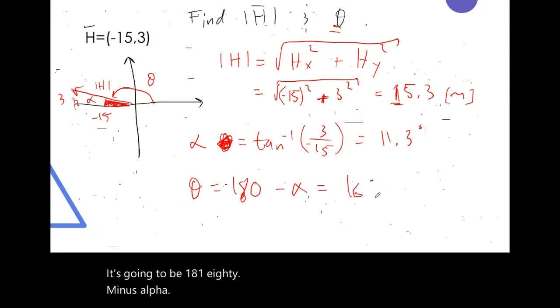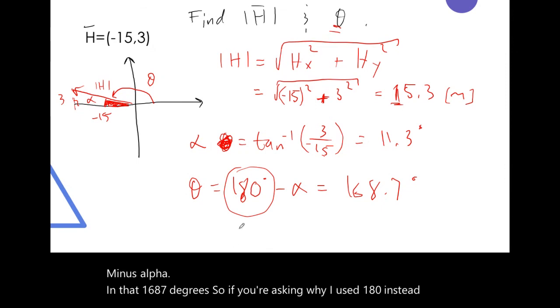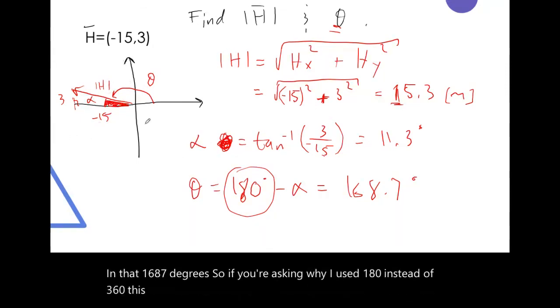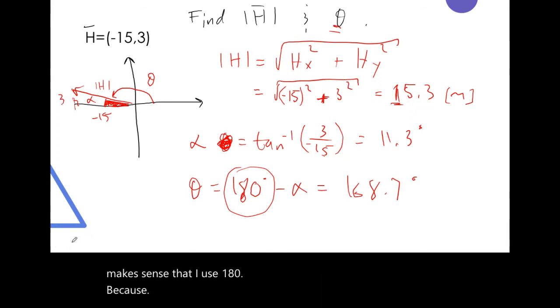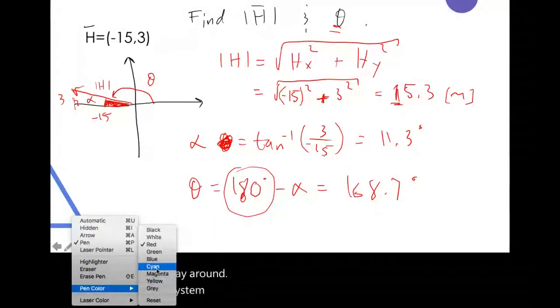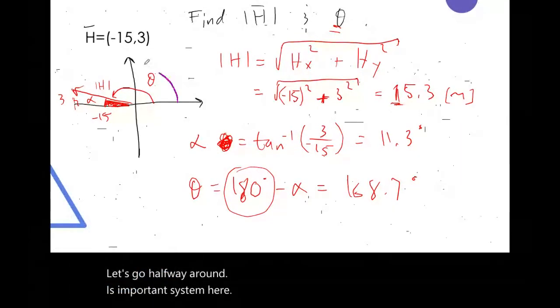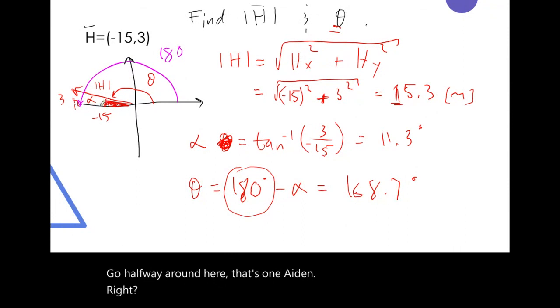And that's 168.7 degrees. So if you're asking why I used 180 instead of 360 this time, just look at the picture here. It makes sense that I use 180 because to go halfway around this coordinate system, let's go halfway around here. That's 180. And if we're trying to solve for this angle up in here,